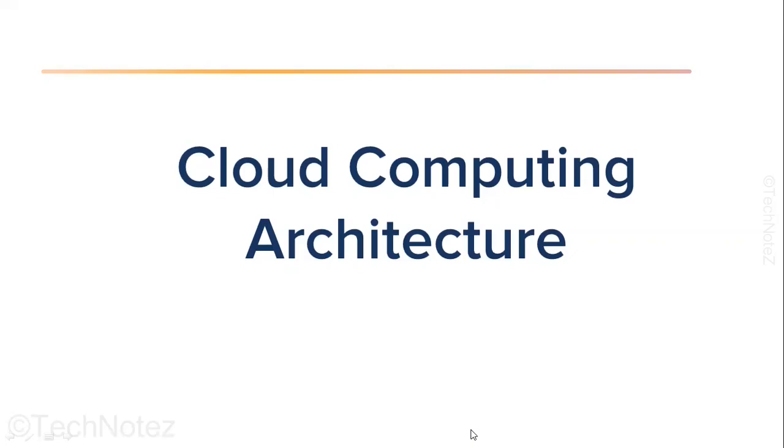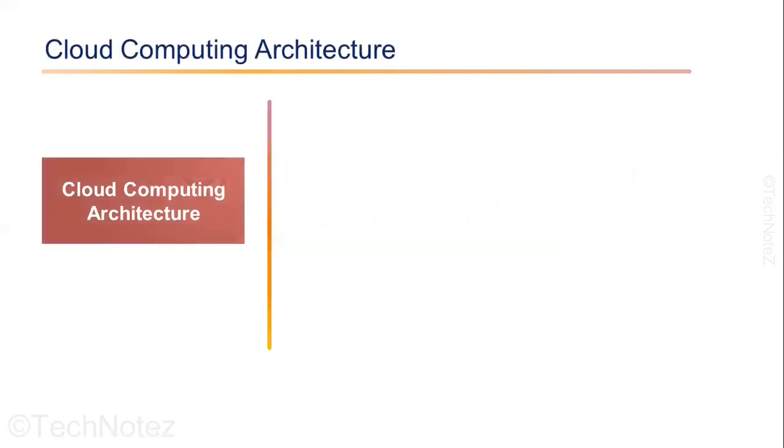Next, let's talk about cloud computing architecture. Cloud computing architecture is a complex and dynamic system that enables organizations to design and deliver secure services to their customers. Cloud computing architecture refers to the software and hardware components that work together to enable the delivery